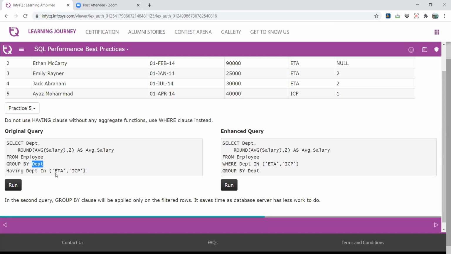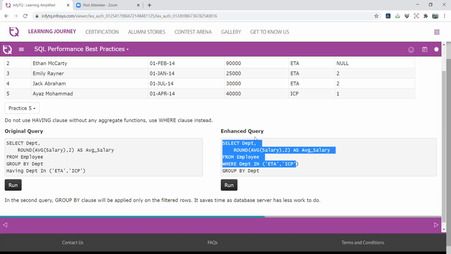If you use this ETA and ICP, and instead of the HAVING clause, you use the WHERE condition, right? WHERE department IN ETA and ICP. So this is a simple comparison, not an aggregate comparison, right? Not a group comparison. For a group comparison, first you create a group and then you compare that, right? So it takes additional time. But in this part, you directly compare ETA and ICP.